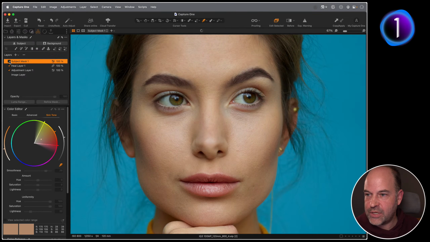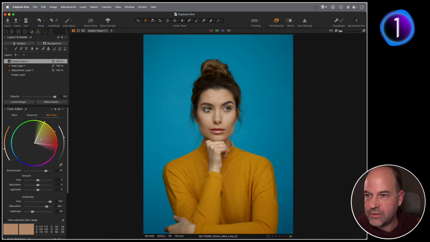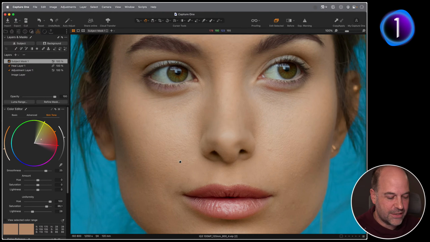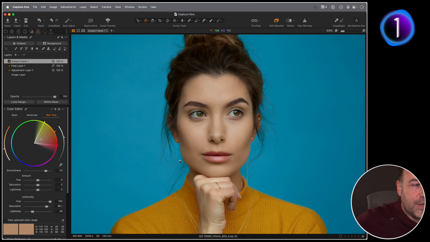But if we turn off our subject mask, you can see before and after. It just does a little bit of color smoothing and evening out, and actually takes the highlight down a bit here because we're bringing up the lightness a tiny bit as well. So before and after, like so. If we zoom into 100%, turn this off, turn this back on, it just gives you a softer start point. But as I said, Capture One has never been designed as, or claimed to be, a retouching application, but there are some things you can do in the file to give you a better delivery start point.